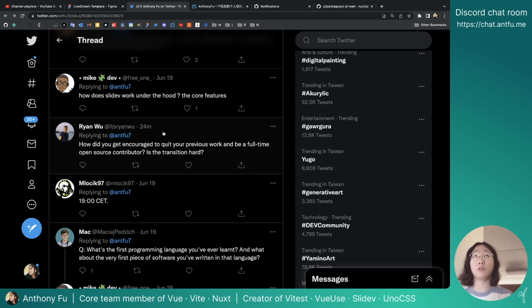For example, Vercel has Next.js and Rich on Svelte, Netlify has Ren for the Solid framework, and